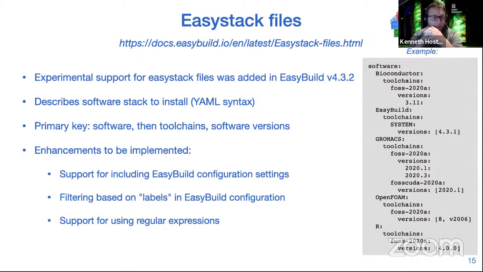We also want to add support for filtering, where you can say, okay, GROMACS with foss CUDA should only be installed on a system where EasyBuild is configured with a GPU label. So where you can say to EasyBuild, look, this is a GPU system, and any software that's relevant on a GPU system should be included. Other things should not be included, or the other way around. So we'll implement a way of expressing that and making sure you can specify that in the